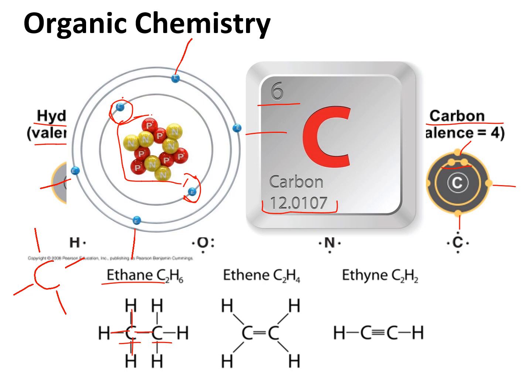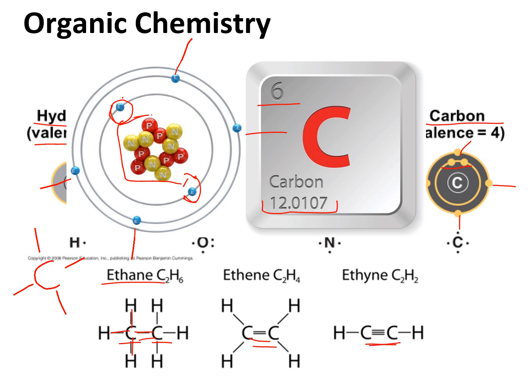But carbon can also form double bonds. So instead of sharing 1 pair of electrons, it can share 2 pairs of electrons, and carbon can even form triple bonds where you share 3 pairs of electrons. Now, as more pairs of electrons are shared, so as you go from a single bond to a double bond to a triple bond,